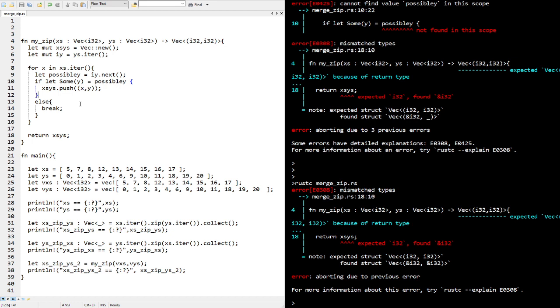Okay, I'm a little confused here. That's really interesting. Okay, so note, expected a struct of a vector of integers, but instead found a struct of a vector of